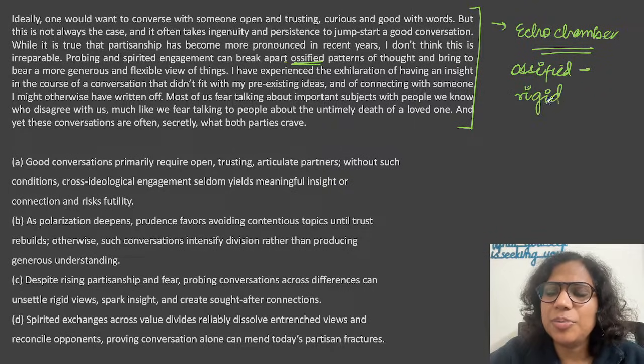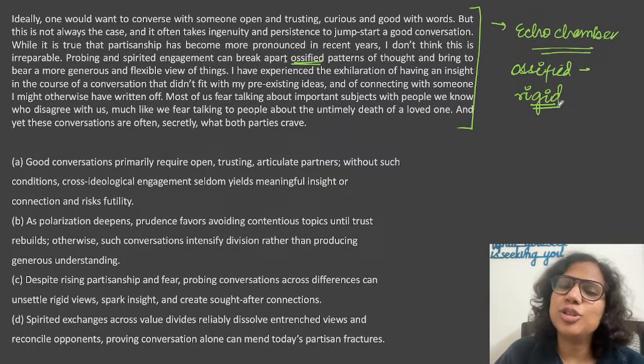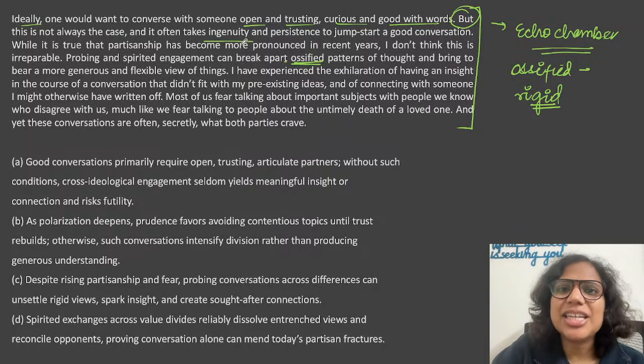हम कभी भी अपने व्यूज़ को रिवाइज ही नहीं करते हैं, राइट? Yes, we limit our circle to our current opinions, and we as people, human beings, don't grow, right? Okay, so it says ideally, we would want to converse with someone open and trusting, curious and good with words, but this is not always the case, and it often takes ingenuity, cleverness and persistence to jumpstart a good conversation,